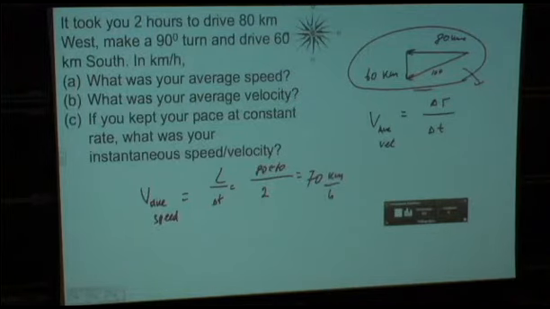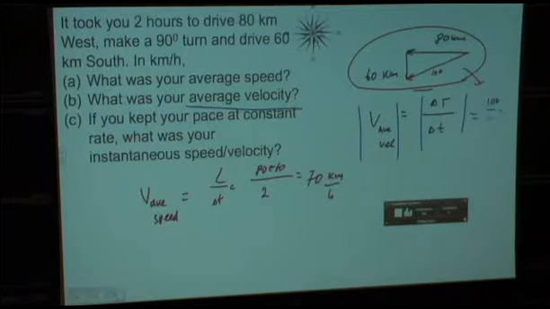So when the question is, what was the average velocity? The answer should be the number and then direction. So the number for the magnitude of average velocity is equal to 100 over 2.5